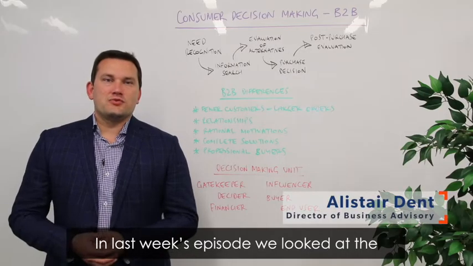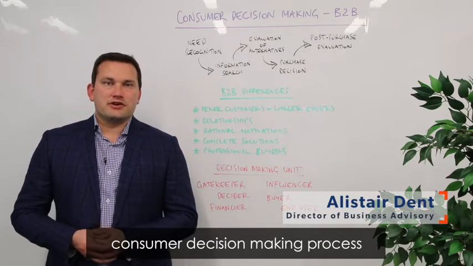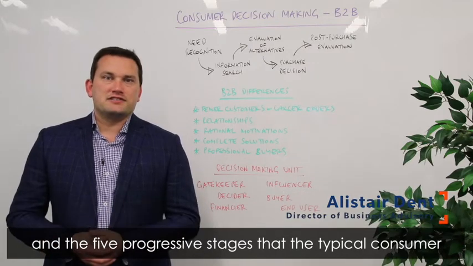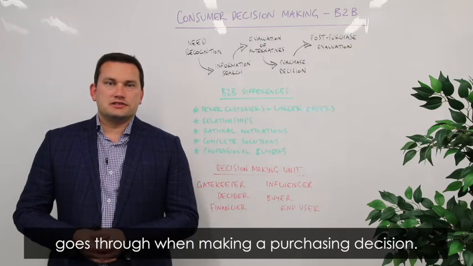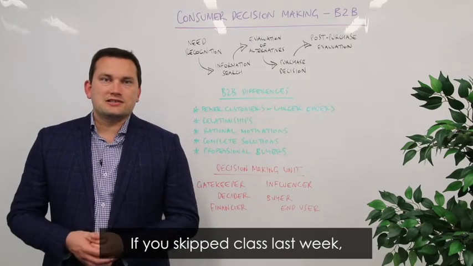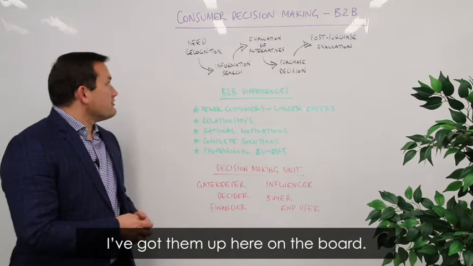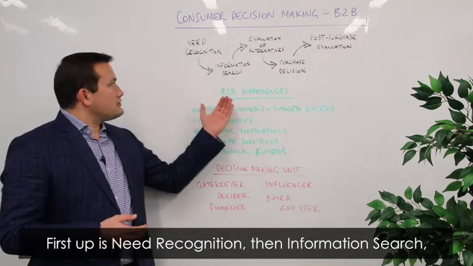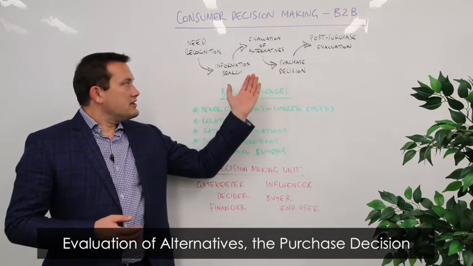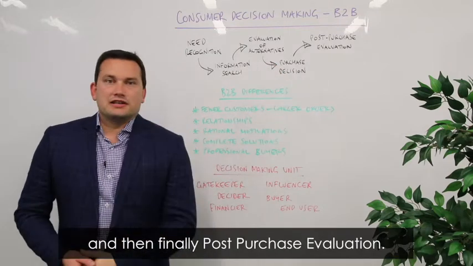In last week's episode, we looked at the consumer decision-making process and the 5 progressive stages that the typical consumer goes through when making a purchasing decision. And if you skipped class last week, I've got them up here on the board. So first up is need recognition, then we have information search, evaluation of alternatives, the purchase decision, and then finally